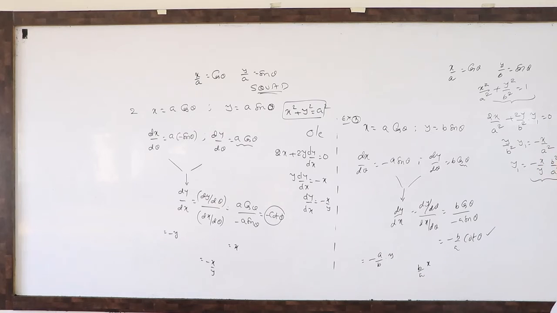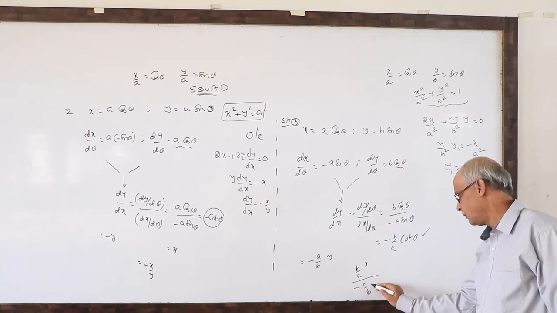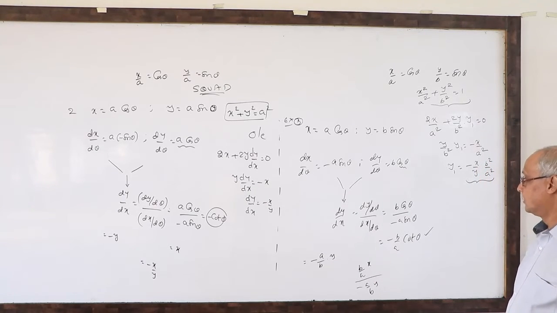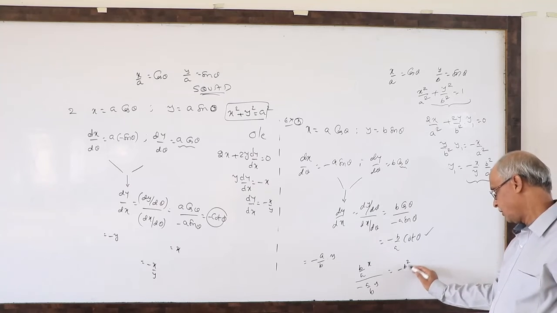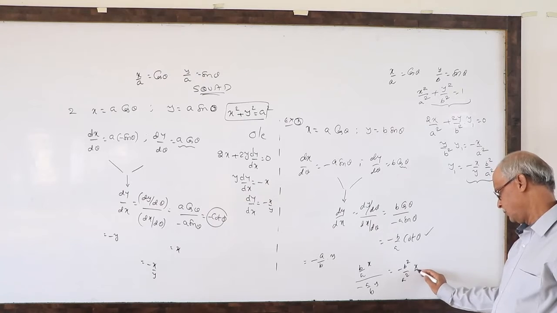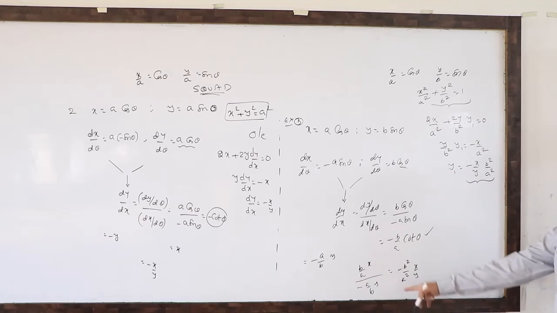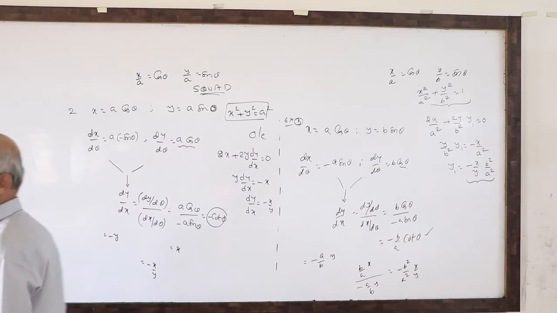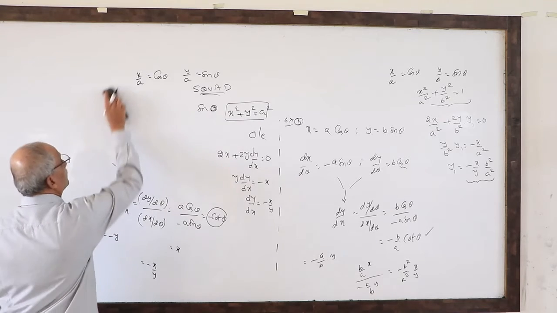Now write down first dy by d theta, this value, divided by minus a by b. It will go up to minus b square by a square into x by y. Then we can see the answer is there in ABCD. This is extra. That is why, with both methods, if the options are given in ABCD, any one you can select. That is the important problem.